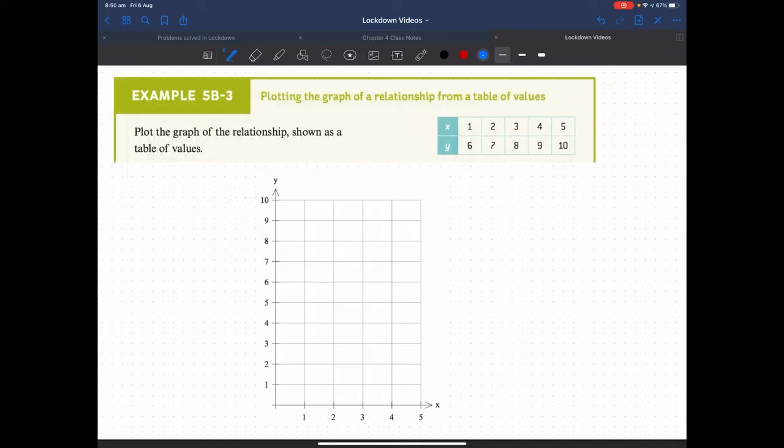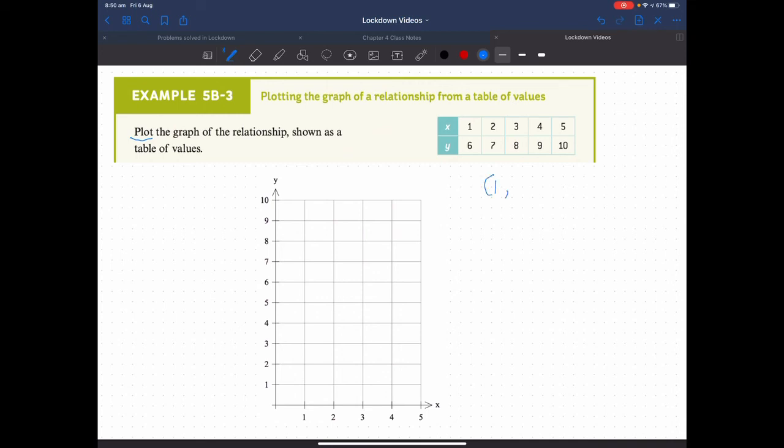The last example gets us to use a Cartesian plane. I have already drawn the Cartesian plane. You can see it on your screen. What it says to us is plot. So we're going to plot. Now it says the graph of the relationship shown. So in chapter 4 we looked at points. We have got a pair of points,